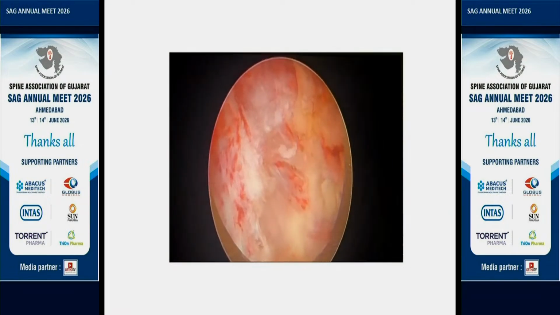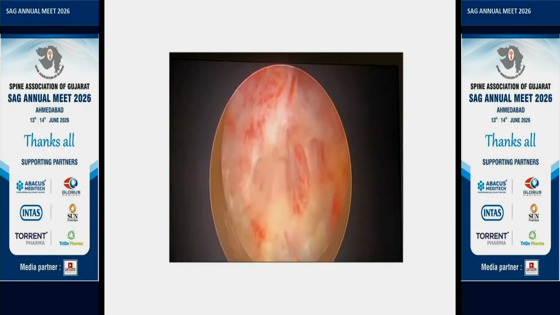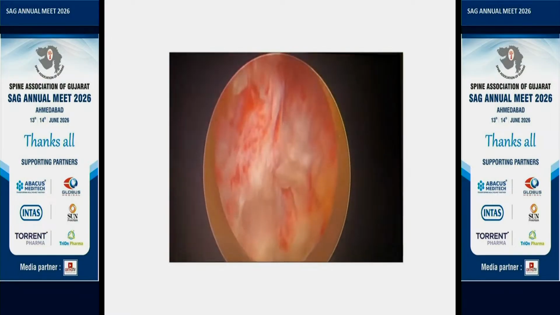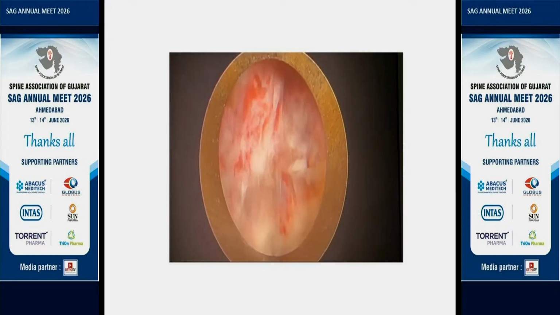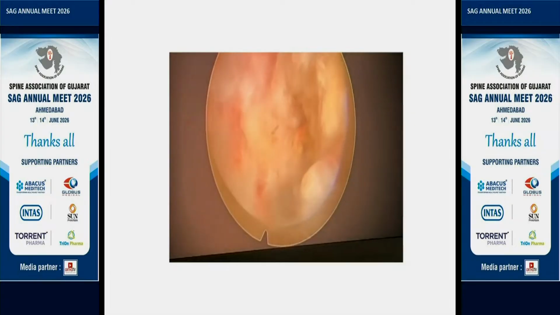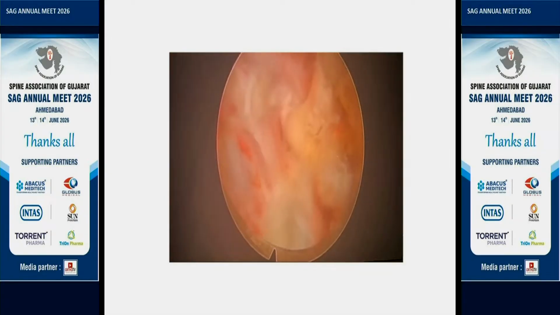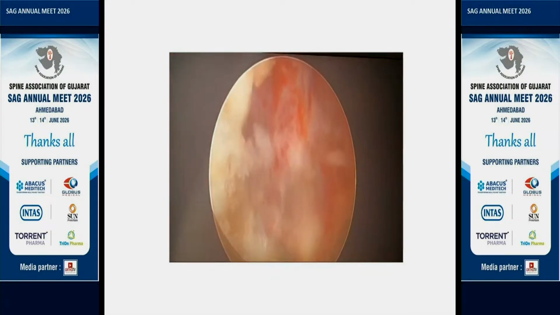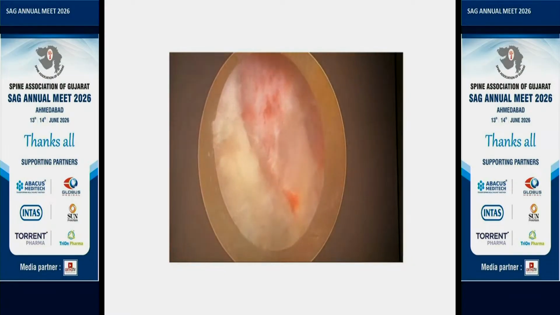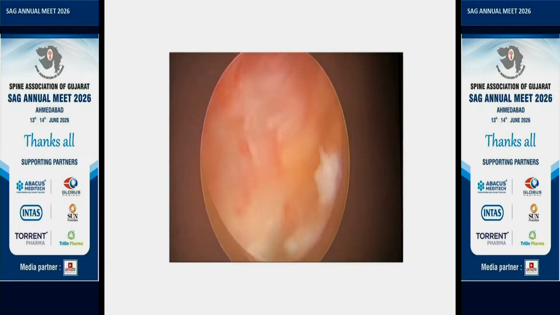So this is the suboccipital craniectomy done. So bilateral dura visible. Now the 12 o'clock is cranial and 6 o'clock is caudal. That is the right side. And up to the inferior part of the C1, the cord has been freed